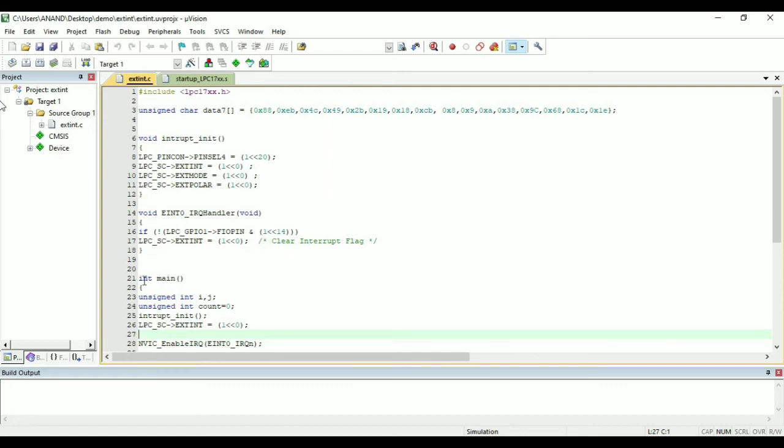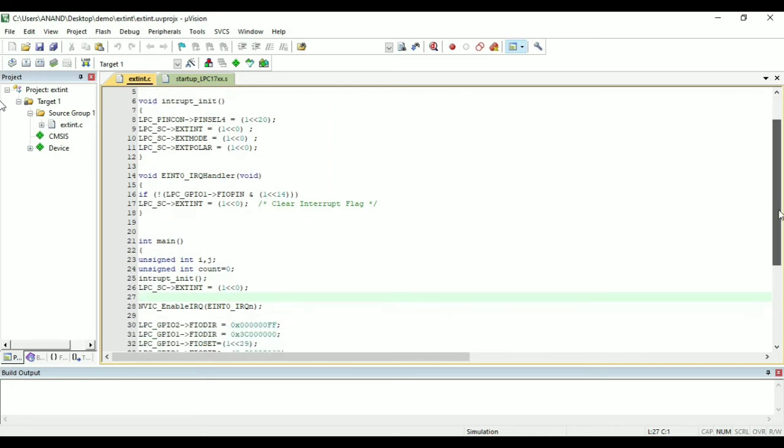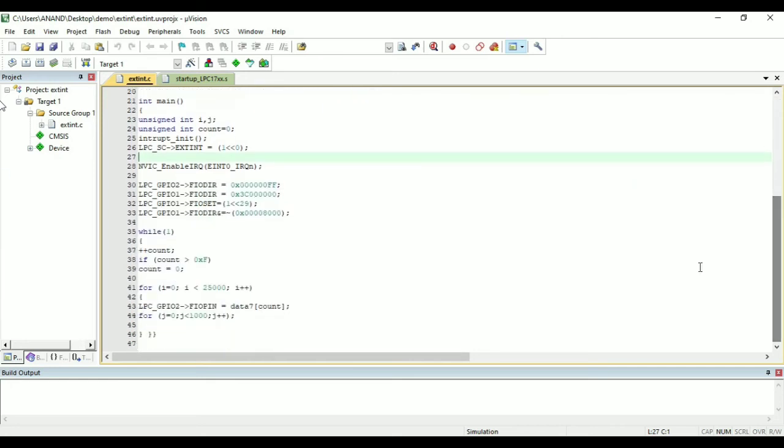Then we have main function, wherein we define unsigned characters i and j and also count, which is initiated to 0. Then we initialize interrupt, then external interrupt 0.